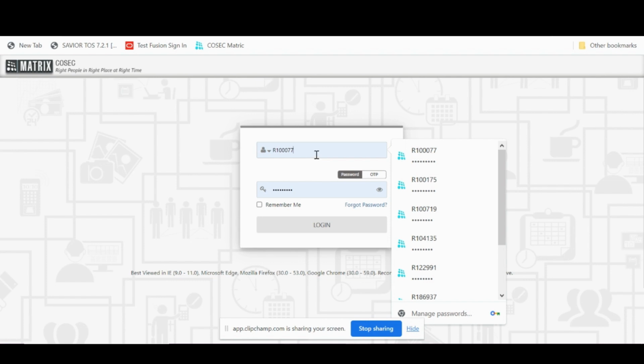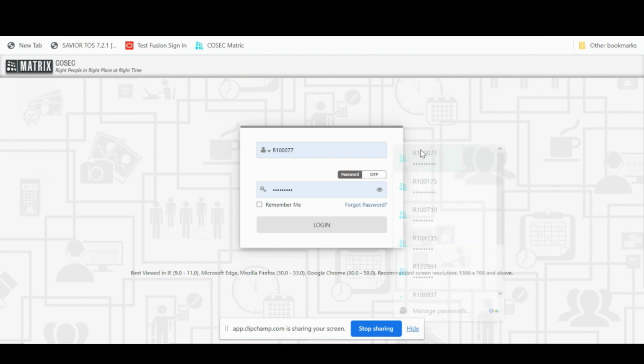Today we'll see how to upload duty roster through Matrix portal. First, we need to log in. So I'm here in the Matrix portal, giving my user ID, password, login,